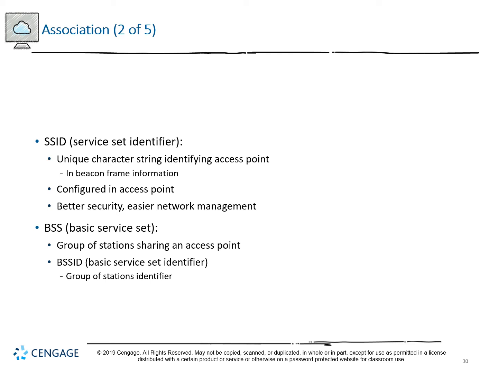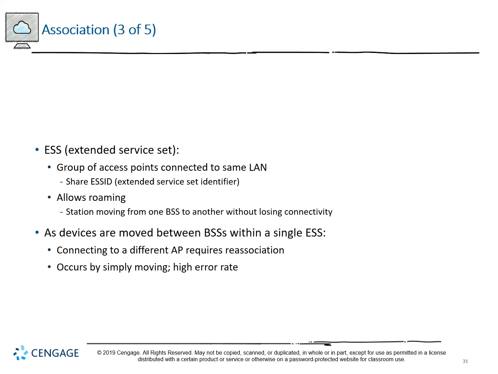You also will sometimes have what's called a BSS, or basic service set. This is a group of stations that are sharing an access point to create a network. The BSS ID, or basic service set identifier, identifies the group of stations rather than the access point. An ESS, or extended service set, is a group of access points connected to the same LAN. This allows roaming, where you can move from one BSS to another without losing connectivity, very similar to how a cellular network operates. As devices move between BSSs within a single ESS, connecting to a different AP requires a process